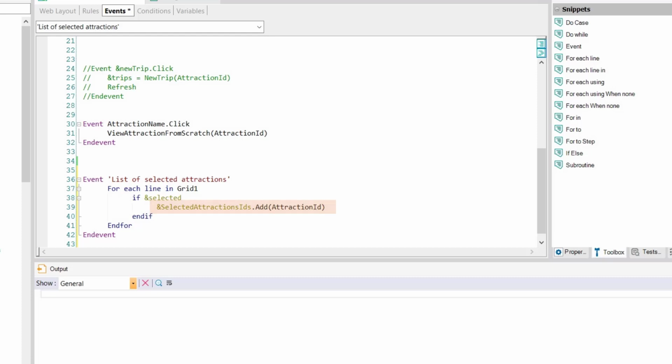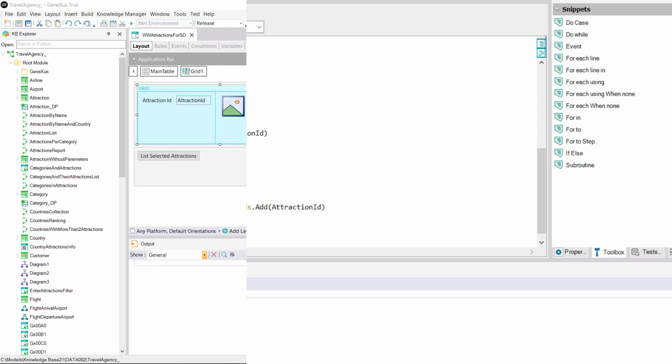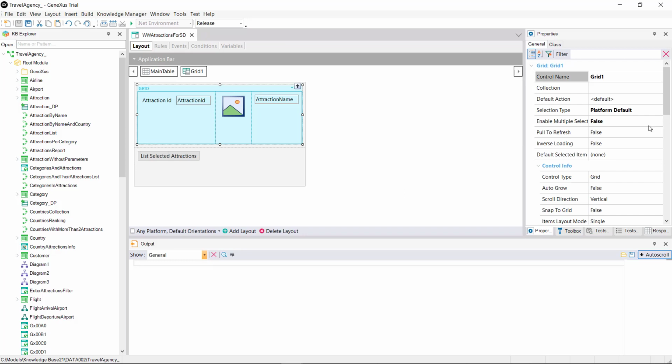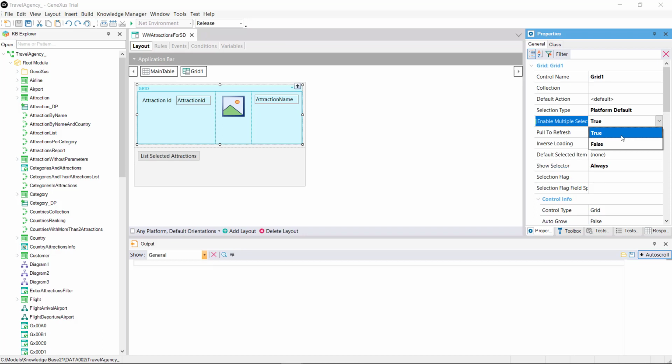In an application for smart devices, it's possible to configure the grid to allow multiple selection by means of a grid property named Enable Multiple Selection. We must set it to true. And to display the checkbox that allows us to select the row, we leave the Show Selector property set to Always.